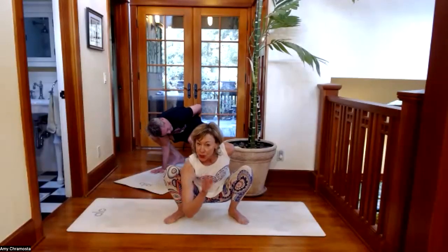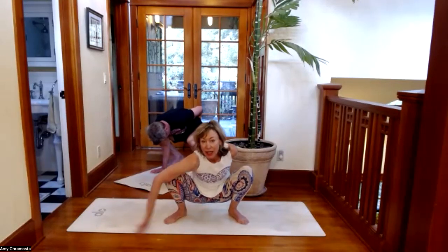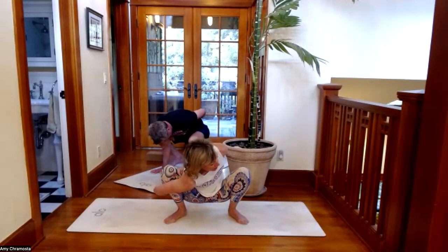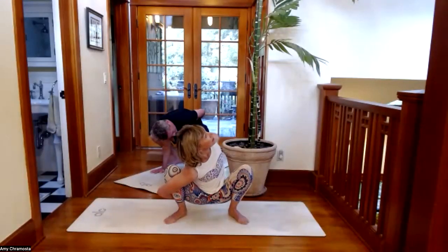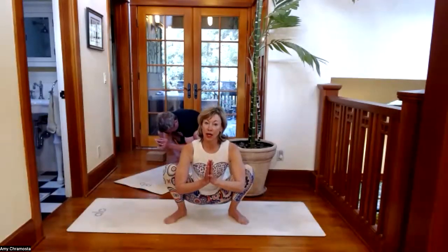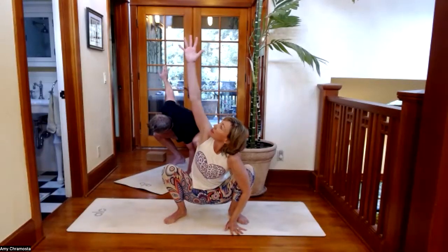for some of you. So the key is the lower the bind, the easier. It's hard to get the arm up if you're here, but if you're down by your ankle, you can find your finger pads, your wrists, and just gently twist. Then we'll come back to center, finding Malasana, our squat. Other side, left hand on the inside of the left ankle,